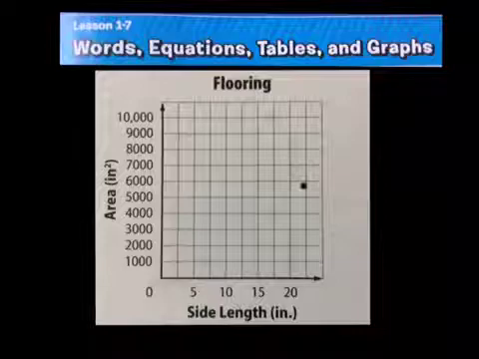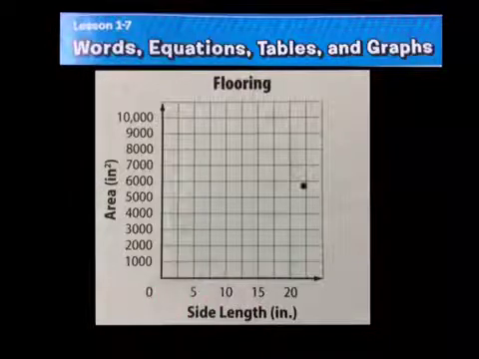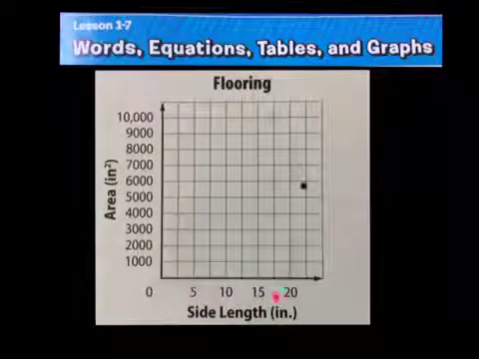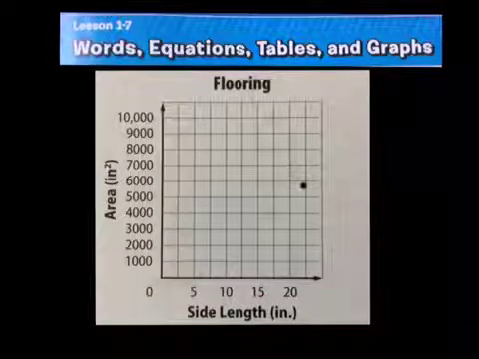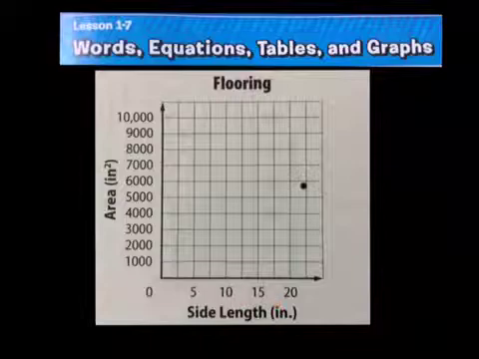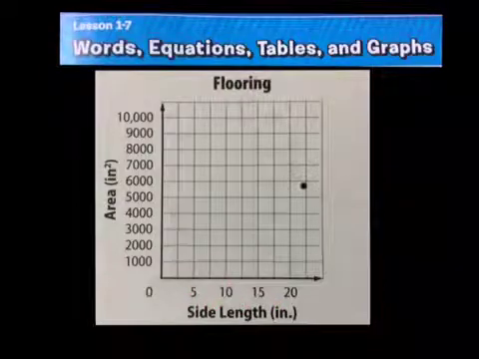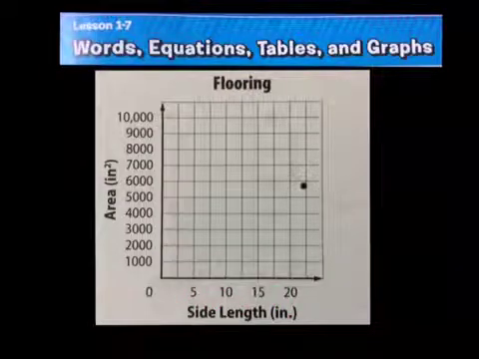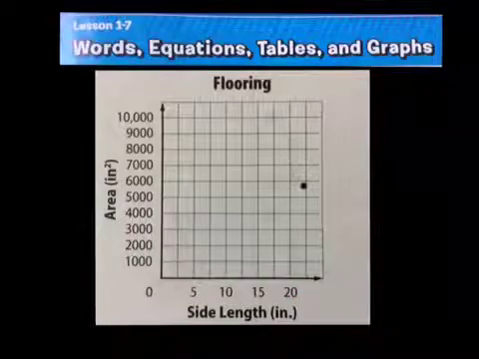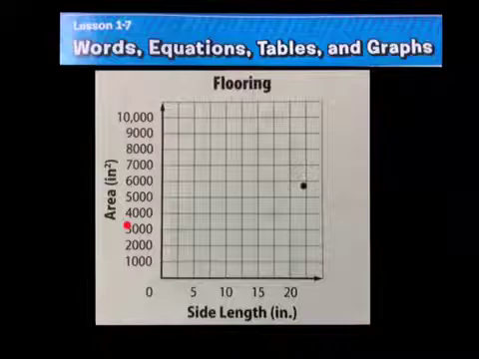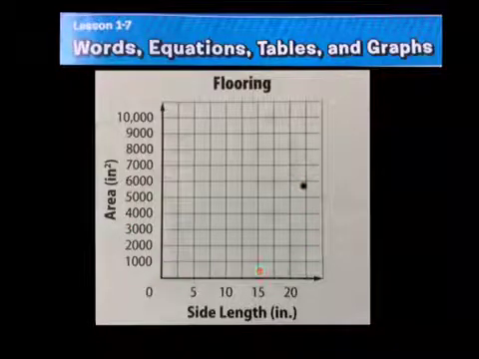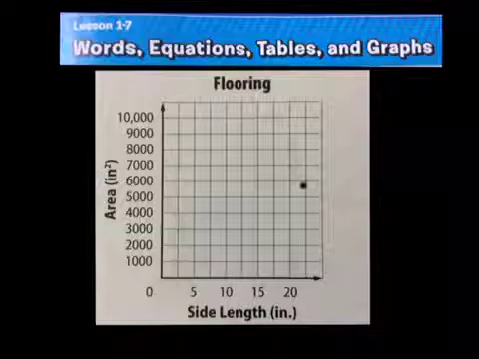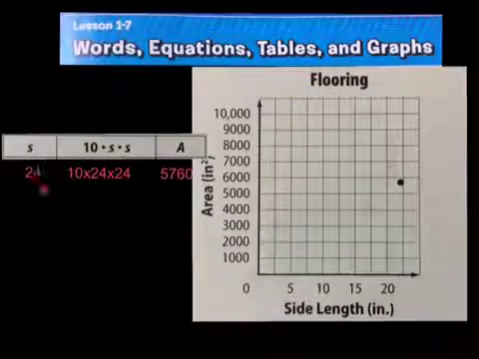Okay, as we explained, along the bottom, we have the sides in inches, right? And you can see that we're varying by 5 inches each time. Okay, and then our range is in thousands. I've left the last answer there for you so that you can see where our S